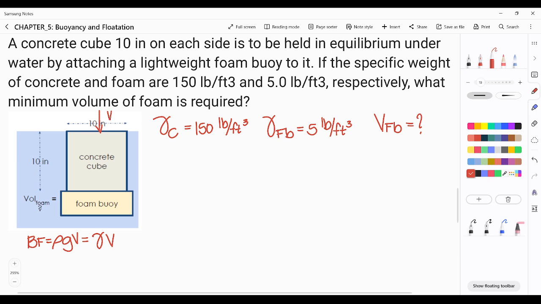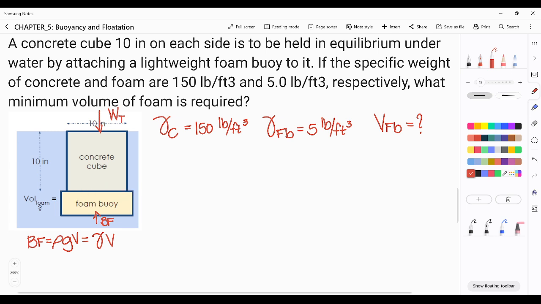Pareho silang may weight, and weight is always directed downwards. And then, since it has a weight and it is submerged in the fluid will then exert a buoyant force. And mind you that the weight here is the total weight. Meaning, we have the weight of the concrete cube, yung weight ng concrete cube, at saka yung weight ng foam